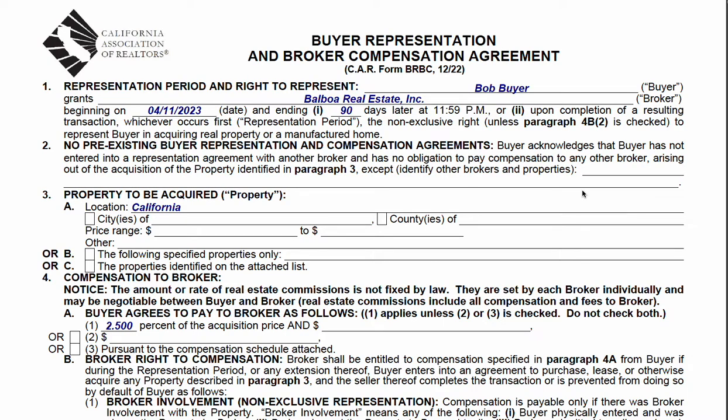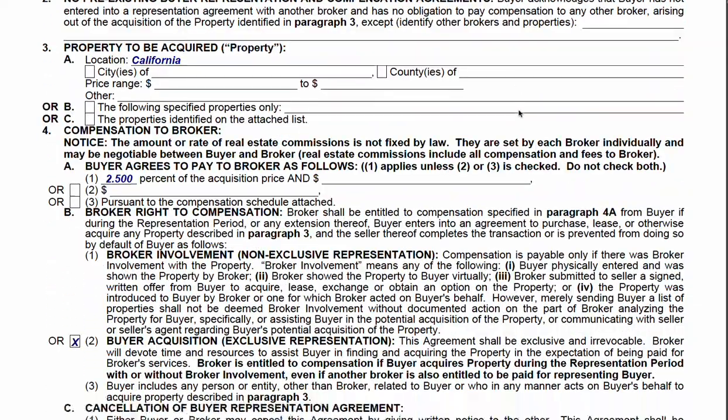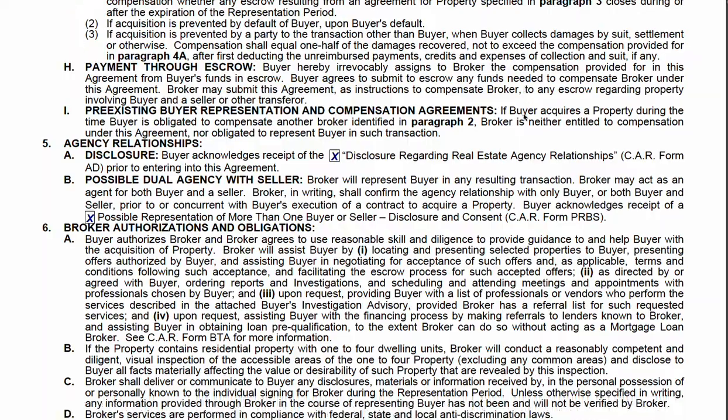This is a tutorial on the buyer representation and broker compensation agreement, and this new form replaced the old buyer representation agreement December of 2022. So here we are in 2023, and this is what we're using now for the buyer representation agreement, sometimes called the buyer broker agreement. Now, the agreement itself is 3 pages, and I'm scrolling through it to show you, but